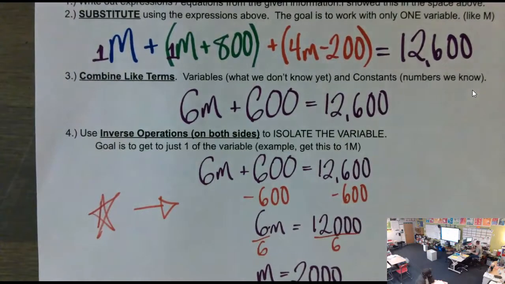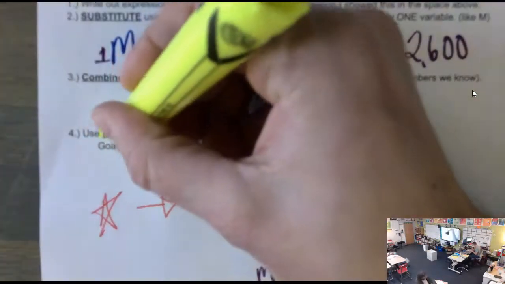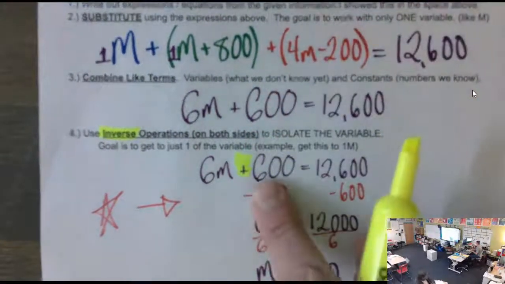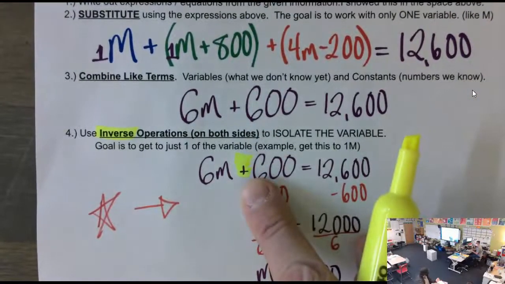We have to use inverse. So guys, you might want to slide this back out of your sheet protector for a second. Inverse meaning the opposite. So if we have a plus 600,